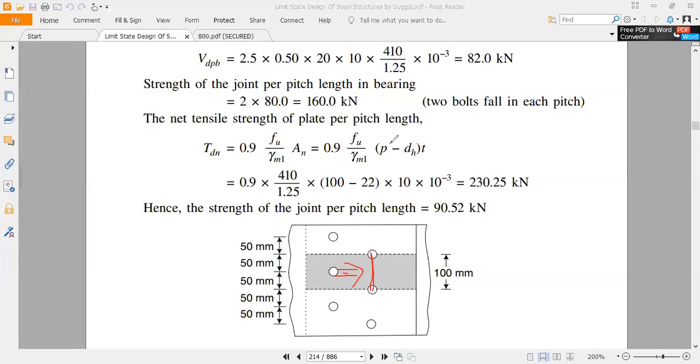किसी ने पूछा नहीं कि ये P क्यों हो गया यहाँ पे, why this should be P, why not B, because B हमारा तो नहीं होगा क्योंकि हमें पिच लेंथ ढूंढना था, है ना। इसलिए यहाँ पे हमें ये वाले जो फेस दिखेगा, मतलब तुम अगर लेफ्ट साइड से देखोगे तोड़ने के बाद, तो यहाँ पे जितना दिखेगा एरिया उसका ही हमें ढूंढना था, P माइनस DH, because this is the P minus DH, यहाँ पे हाफ, that's why it is P minus DH। और थिकनेस तो रहेगा इसका, इसका थिकनेस भी है, तो थिकनेस should be multiplied, that's why it is this। ओके, yes, sir.